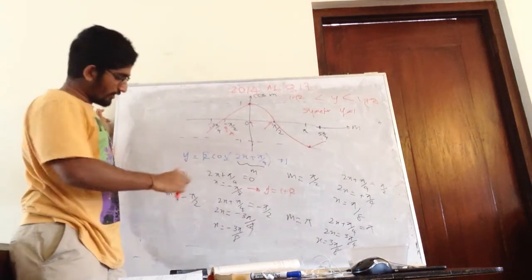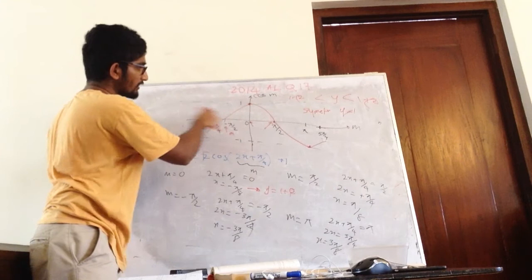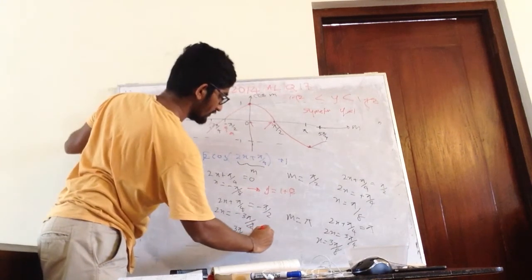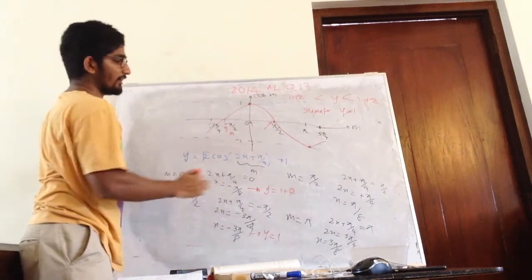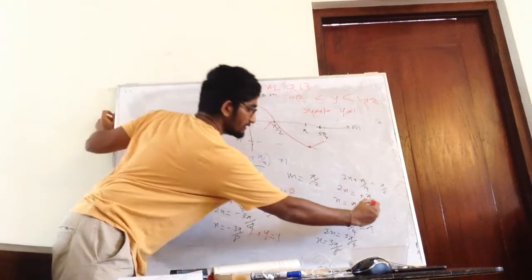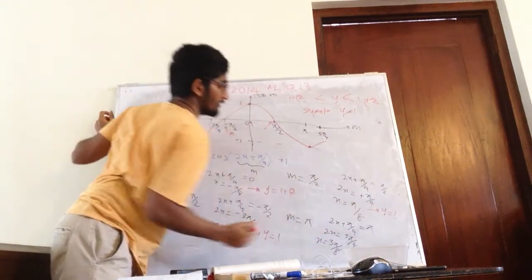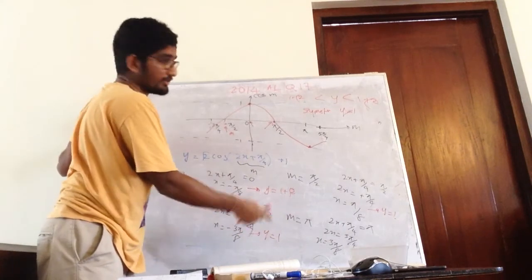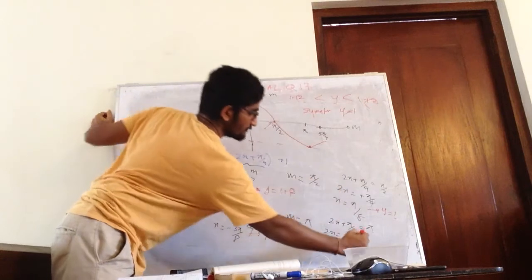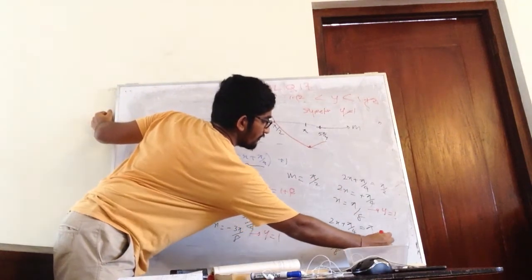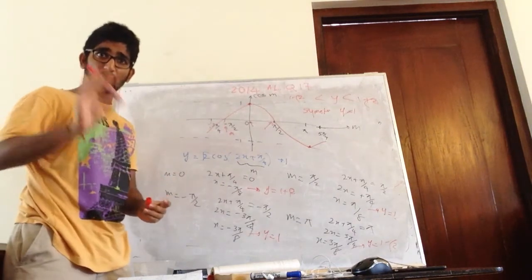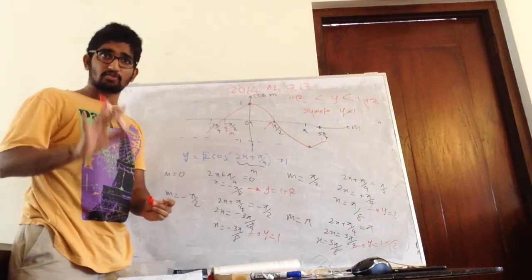Now, when m equals minus 5 over 2, this is the symmetric line. What is the symmetric line? That means y equals 1. So when m equals 5 over 2, yet again it's a symmetric line. That means the corresponding value for this is y equals 1. When m equals 5, it is at the lowest point, which is what? That means y equals 1 minus square root 2. This should be properly understood.